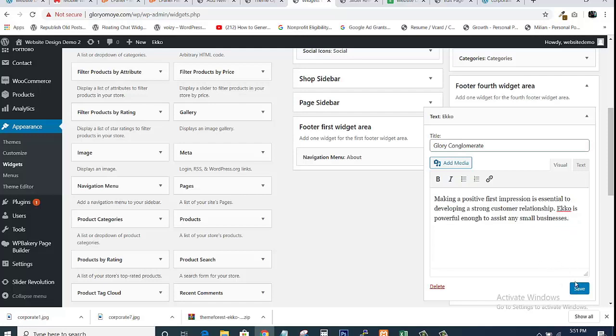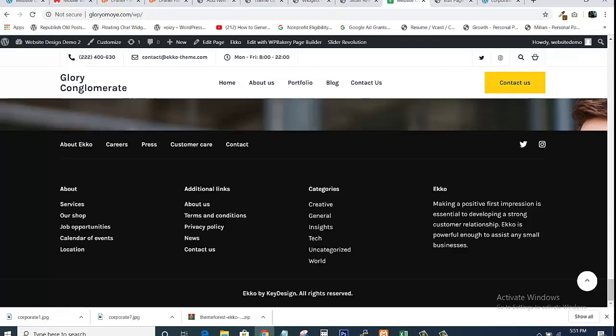Once you have done that, you just click on save. So that is how you change this area. So I hope that is quite understandable. And then finally, the copyright area. So to change the copyright area, come to